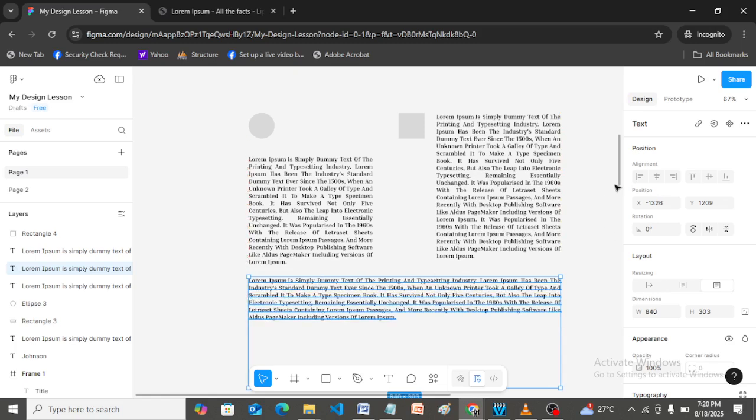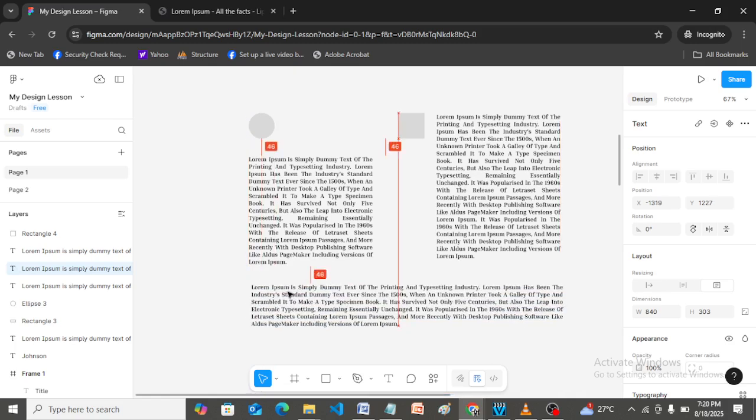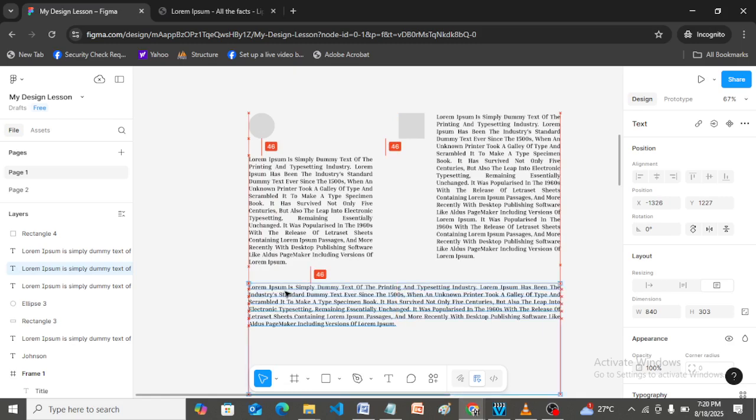Also, the Figma guide helps to create equal spacing. For example, if I bring this down now, you can see it's showing 46 over here, and also showing 46 between that text and that ellipse, that circle. Meaning that the space we have is 46, which is talking about padding, and we are still going to talk about margin and padding. So that is why I said everything about your designing must be consistent. That's what will make your app or your website, your web design, look neat, look attractive, and